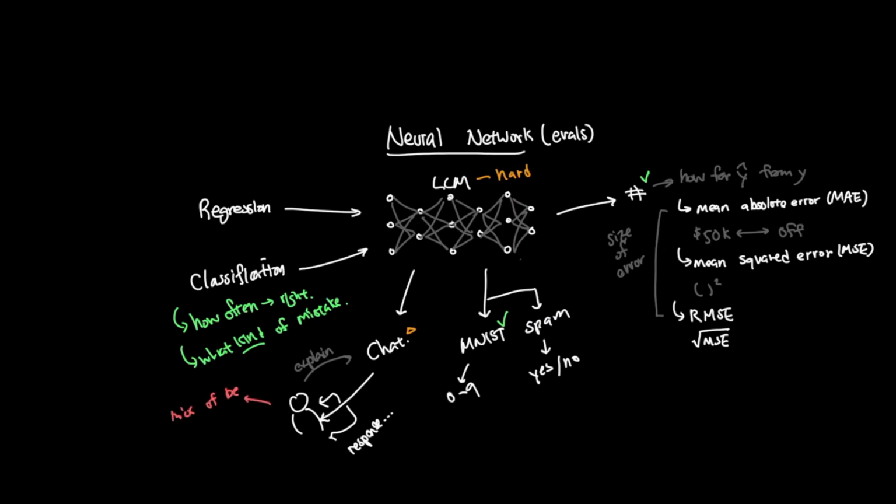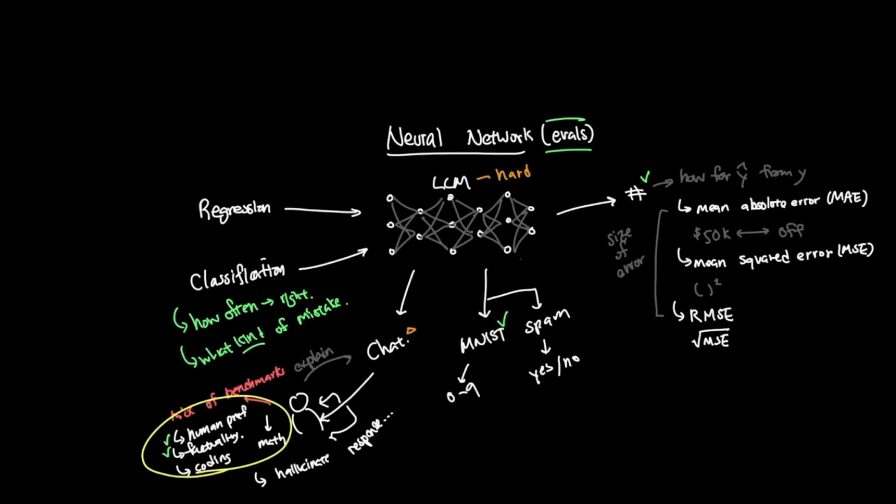So language models are usually evaluated with a mix of benchmarks: human preference ratings, factuality checks, coding tests, math problems, and real-world use. But no single metric tells the whole story. A model can do well on a benchmark and still hallucinate facts. It can write fluent text but fail to follow instructions. It can be strong at coding but weaker at math. So evaluation metrics are useful, but they only measure what they are designed to measure. To summarize, evaluation metrics help us judge whether a trained model is actually useful on tasks that we care about.